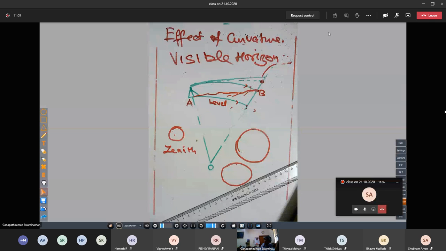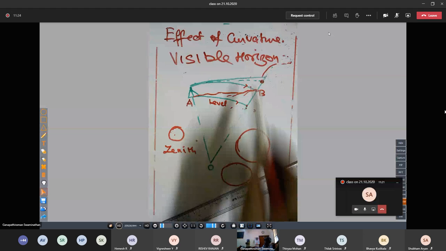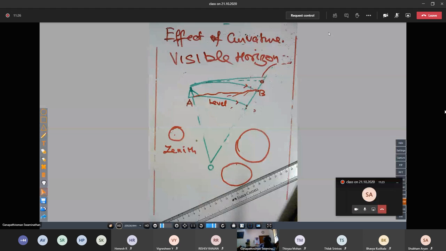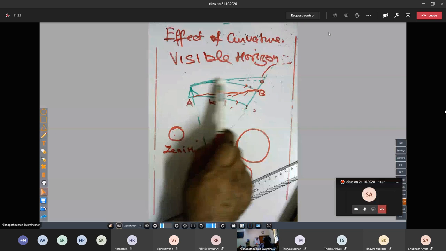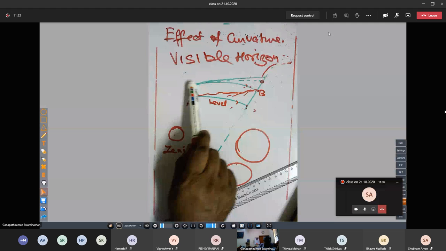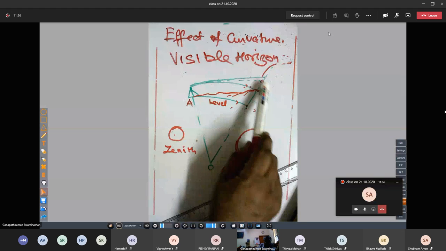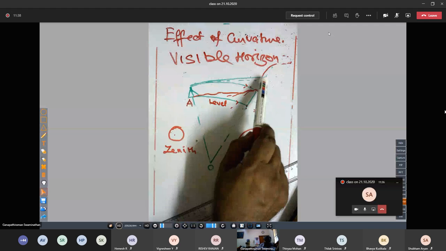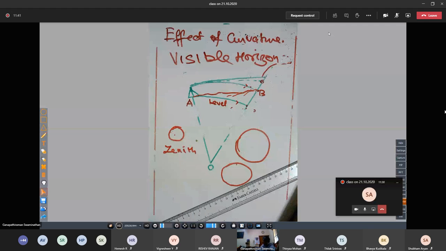Have you seen that the disk of the sun, the body is very large actually. When you look at it in the afternoon, by about 12 in the noon, the smaller is the disk. Why? Because of refraction. Your line of sight should have followed the horizontal line, but over the larger distance it follows the dotted line. So you end up with the dot over here. So you have got error because of curvature.